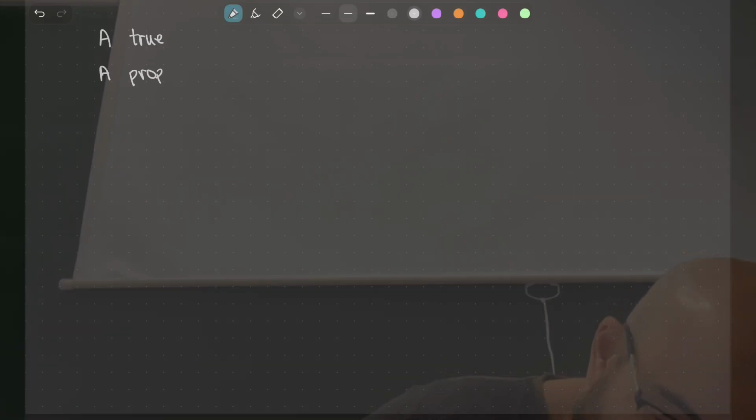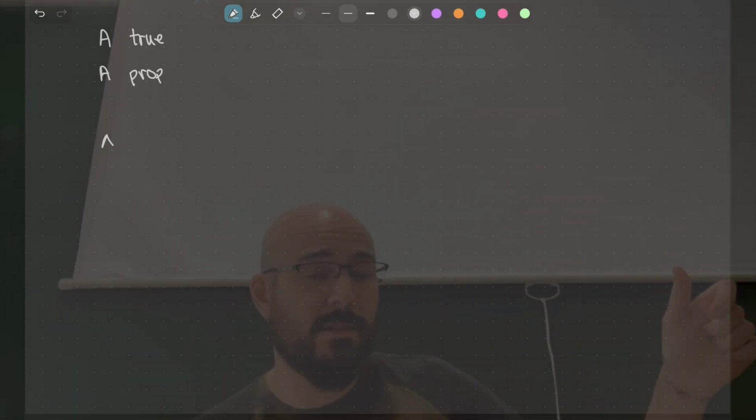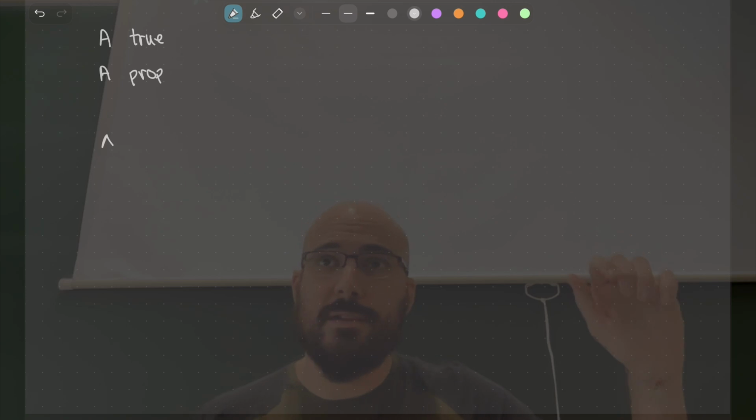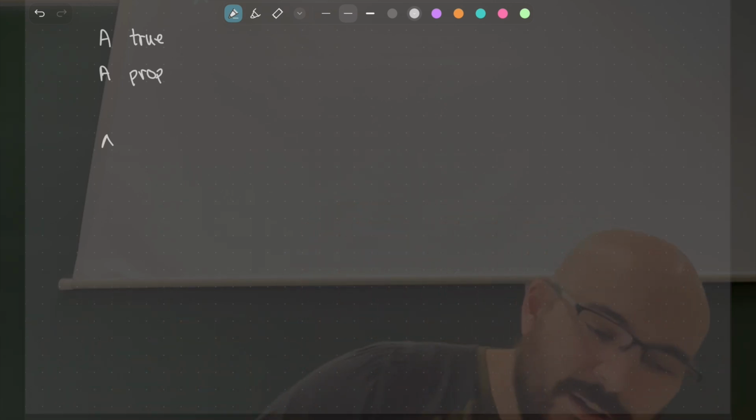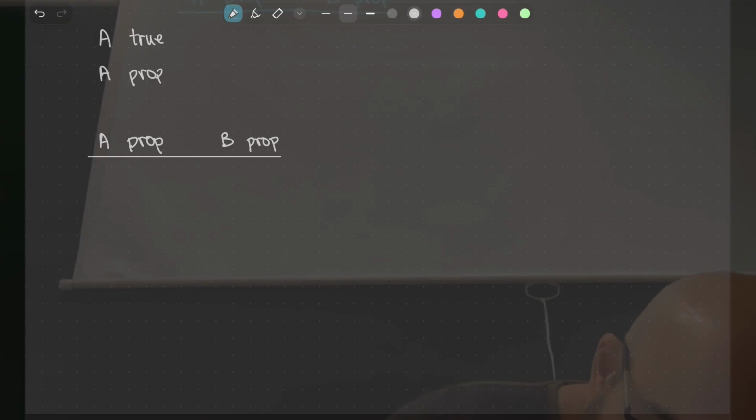Okay, so let's see about the conjunction. We have done similar things for pairs, and now the idea is that, what a coincidence, similar things happen on the side of logic that happen on the computational side. So if A is a proposition, from A being a proposition and from B being a proposition, I can infer that A and B is a proposition.